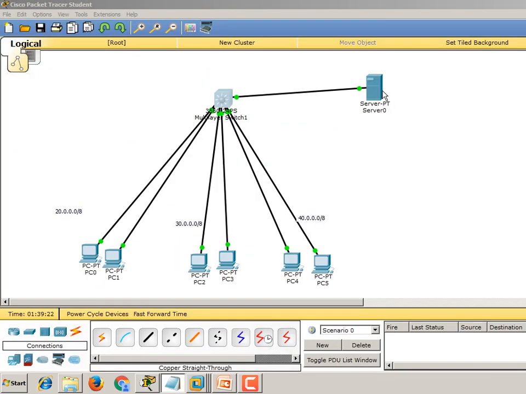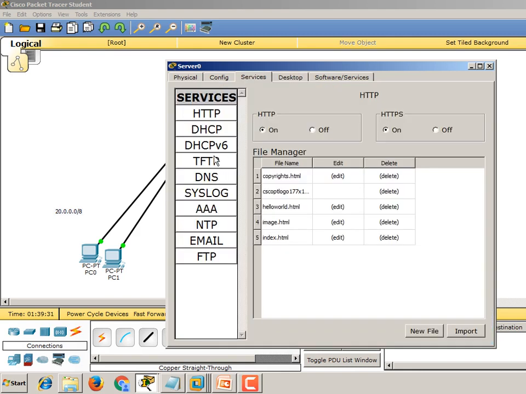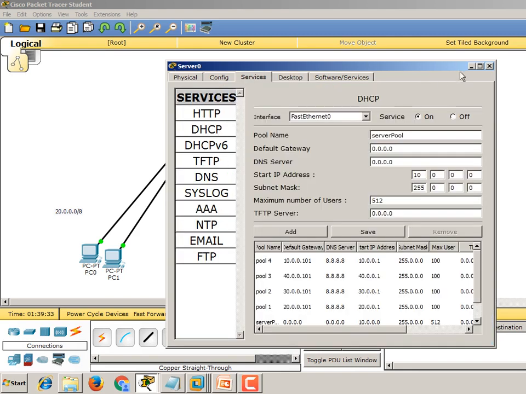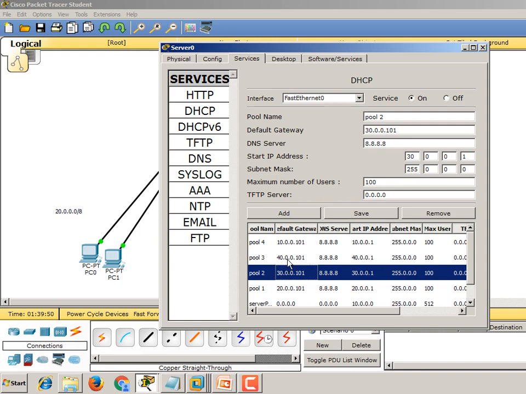Now this is the server. See here I have an option called server, so I can configure DHCP here itself. Already I configured pool 1, 20.0.0.101, the gateway, what we provided for the VLAN IP, that will be the gateway. The range starts from 1 and goes maximum up to 100, that indicates 100 IPs. Pool 2 is in the 30 range.